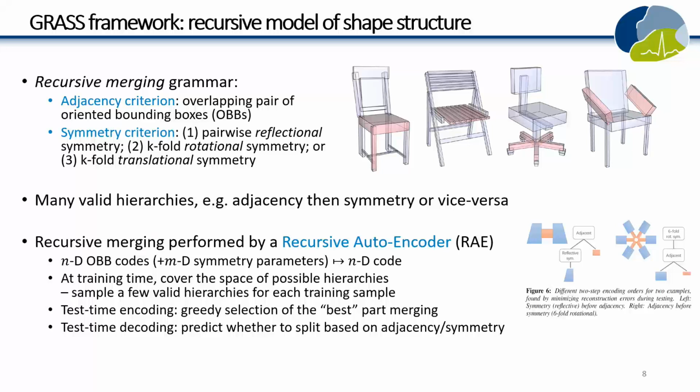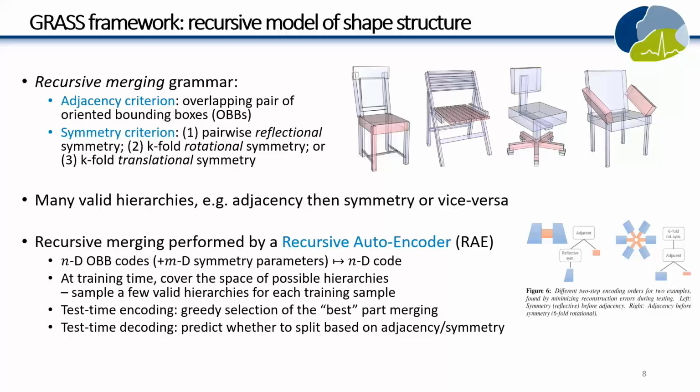The recursive autoencoder takes two codes, generates one code. At training time, the trick is that you learn to encode a variety of hierarchies. So you're not bound to one specific type of hierarchy. You really can cope with different possible variations around the most sensible hierarchies. And at test time, when you encode, I'm going to skip the details, but there is a greedy, sensible heuristic to decide exactly which hierarchy you're going to use to encode